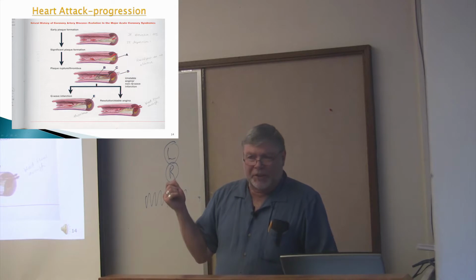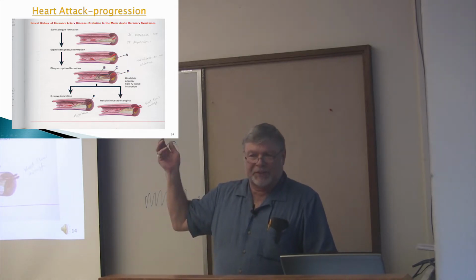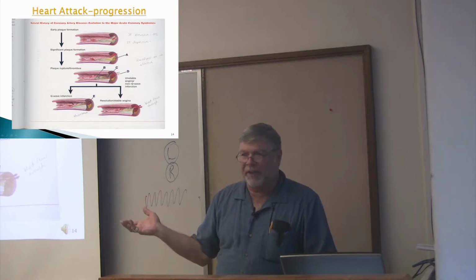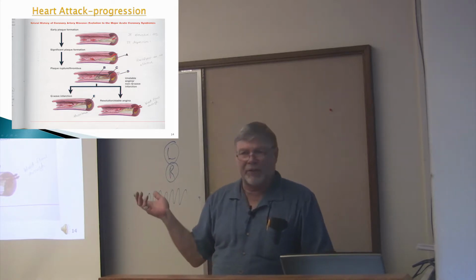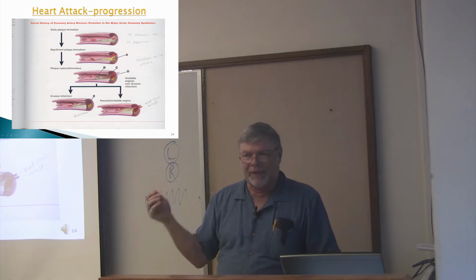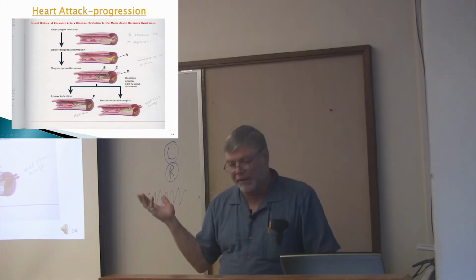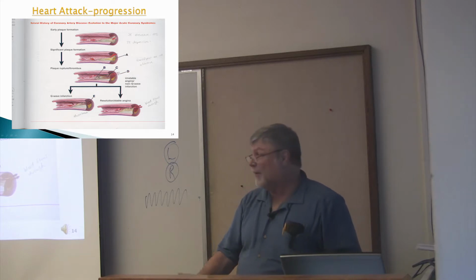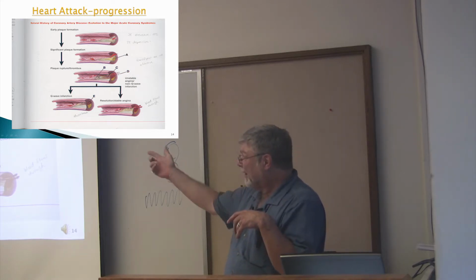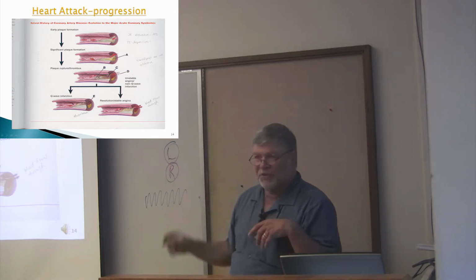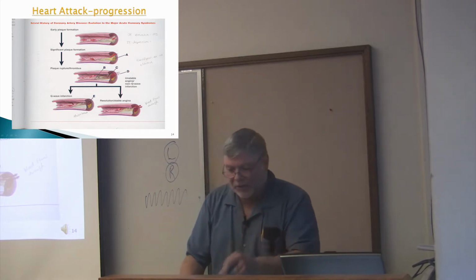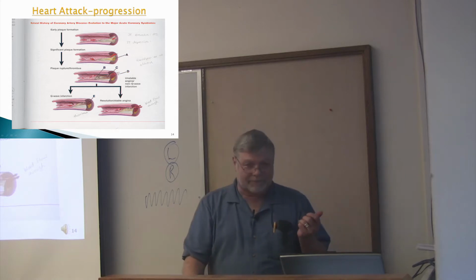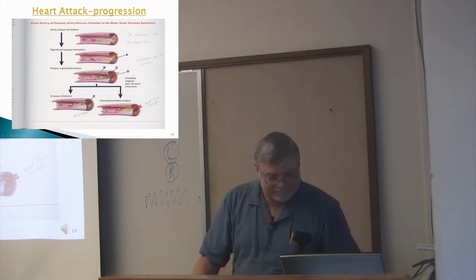So with stable angina, you get this plaque, and it basically just partially occludes. That's why with exercise, it's going to impair the flow, and you get pain, and when you stop, it's able to deliver sufficient blood, and everything's happy. With unstable angina, maybe that atheroma has ruptured, and now it's starting to capture stuff and build a larger clot. And if the tissue starts to die, what do we call that? Infarct, right? You got it.